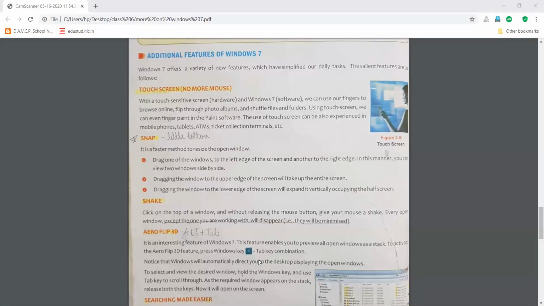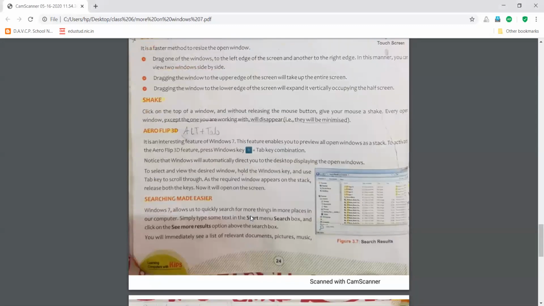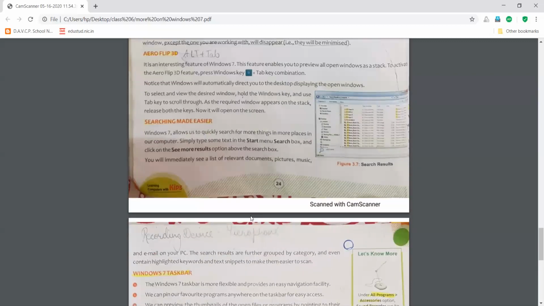Whenever you shake it like this, every other window except the one you are working with will disappear. That means they will be minimized. So shaking is a feature that is going to help you in seeing only the current window and minimizing all the rest of the windows.